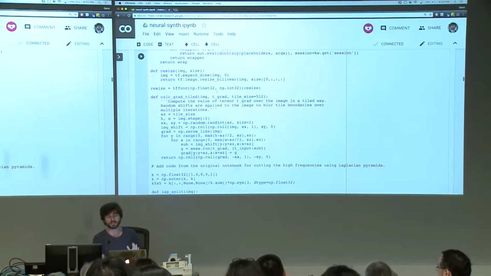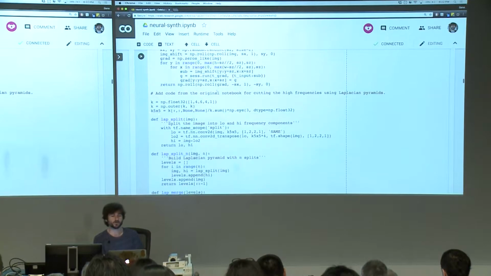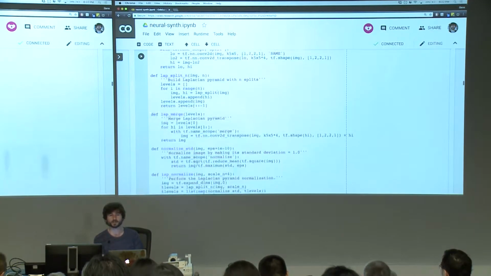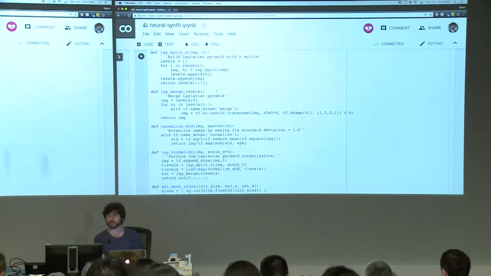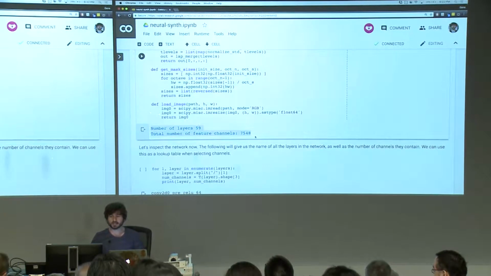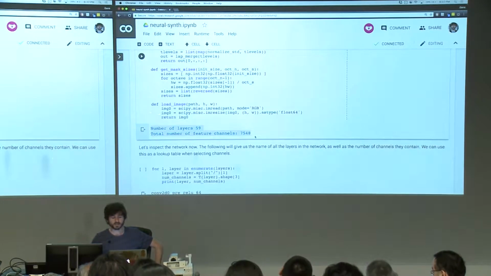And basically, we don't have to worry. We're declaring a whole bunch of Python helper functions. Even if you do know Python, a lot of these won't make a lot of sense to you. We'll kind of talk about them as we need to, as we go through them. But for now, what this is doing, you should see at the end here, it goes number of layers 59, total number of feature layers 7548. So what that means is that the Inception network has 59 layers. So it's a large neural network with 59 layers, and it has